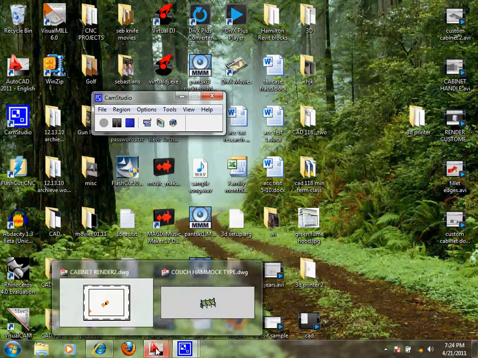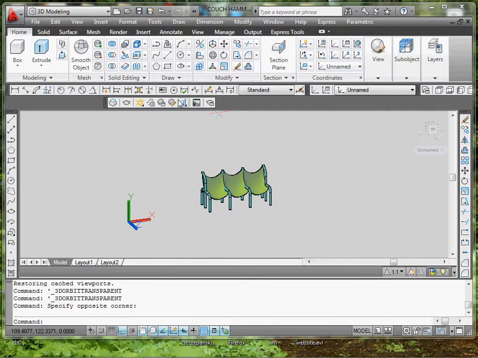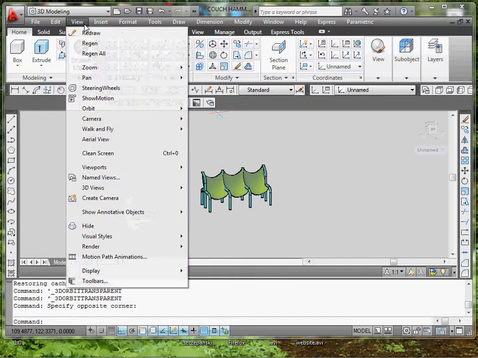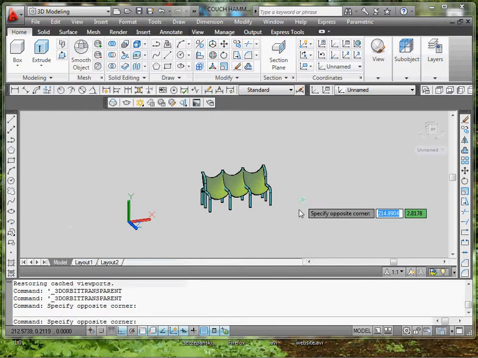Going to be doing is going to do an animation of our 3D object. So we've got to go with motion path animation. That's what we're going to be doing. Before we get started in using that tool, we're going to draw a circle of where we want the camera